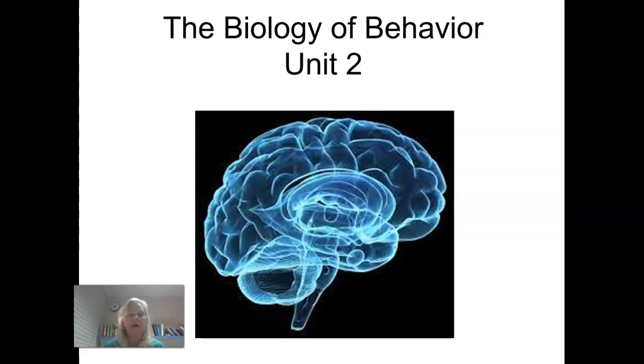I absolutely love this unit. The brain is the most mysterious and fantastic organ in the entire universe. It is amazing, and it is made up of billions of neurons and cells. In this unit, we're going to talk about the brain, its structures, the chemicals that it makes, how our nervous system puts it all together, how we know how to respond, how we direct our muscles to move, etc. It is really an interesting unit, and I hope that you get a lot from it.